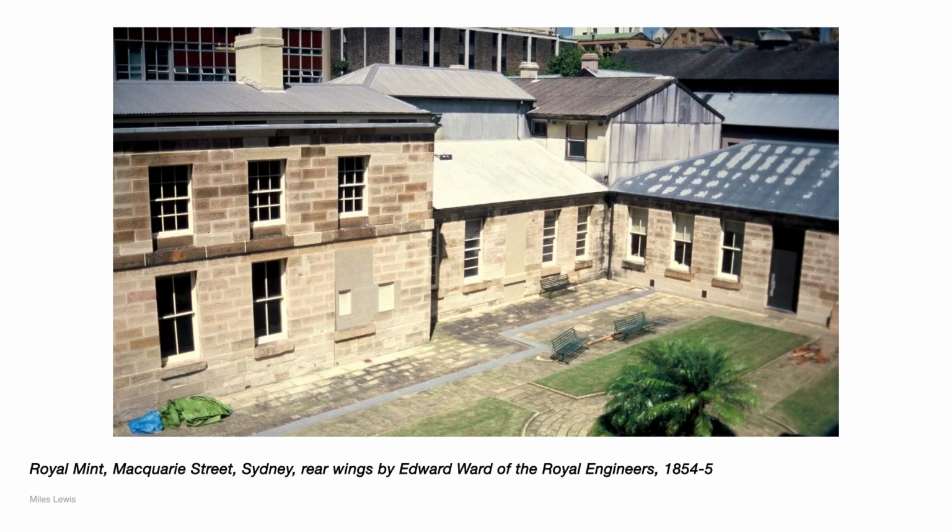Now, turning to some other major buildings in Sydney, really quite distinctive buildings. The first one was the Royal Mint. The Royal Mint was in the complex of buildings behind the Rum Hospital in Macquarie Street, large colonial buildings. And the Mint was built to coin coins in Sydney and built by the Royal Engineers in these stone buildings